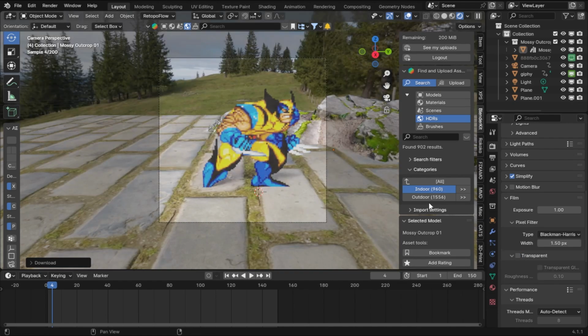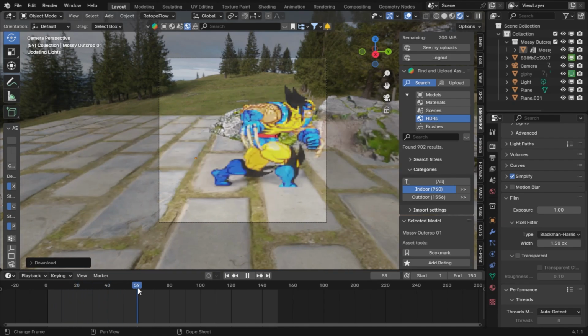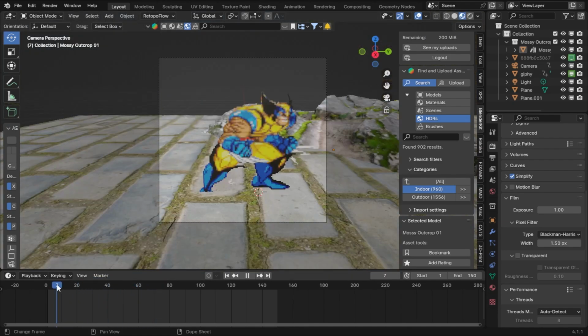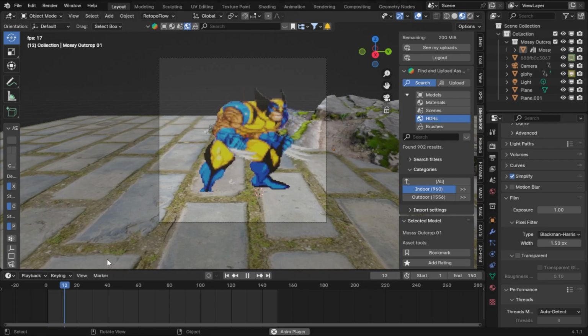But anyway, we're going to turn off the transparent again, and we're just going to give this a good render, just kind of like this, right? Because this is kind of fun. I like this stuff, and I'll include the final render at the end of the video. So if you're interested to see what this looks like at the end, you'll know, or you can just jump right in and start making your own 2D animations out of sprite sheets, right? So I'll just play this back in real time. So if I press spacebar,